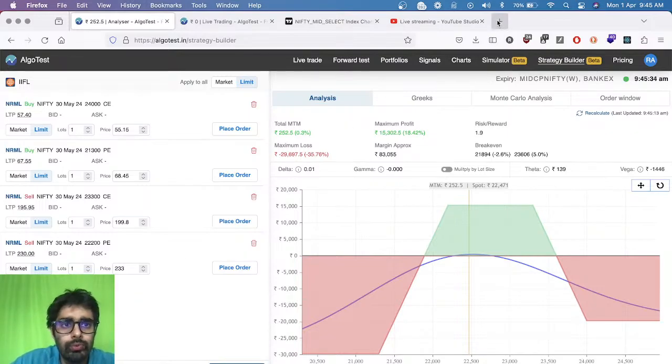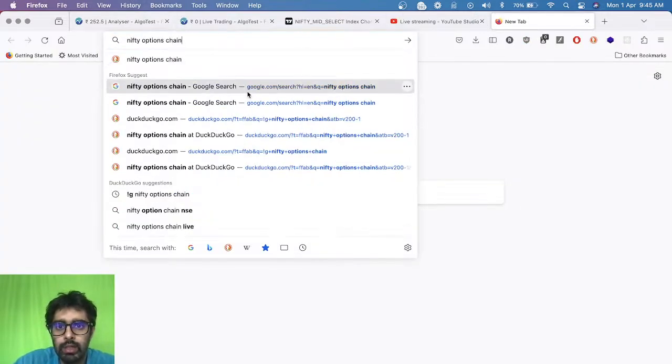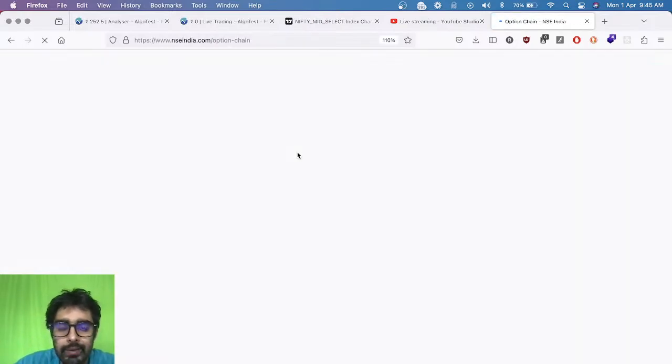You can also do one thing where I can just type Nifty options chain, and I can take a look at, so this shows you with 15 minutes delayed. The NSE side shows you what